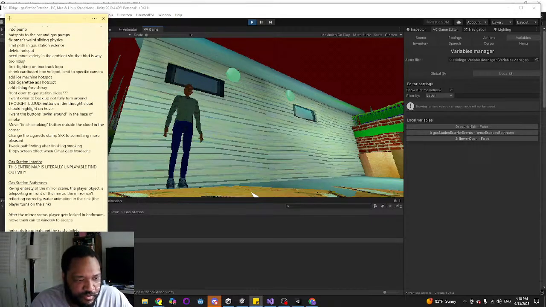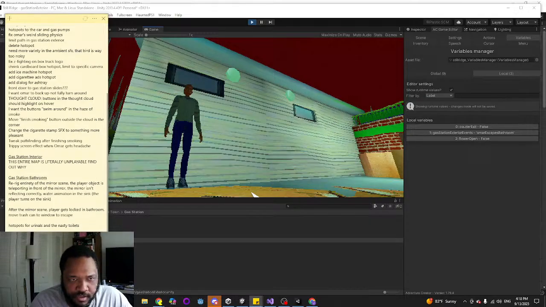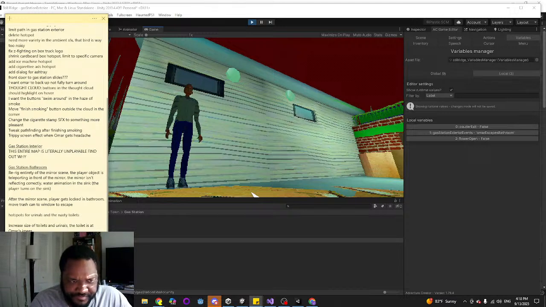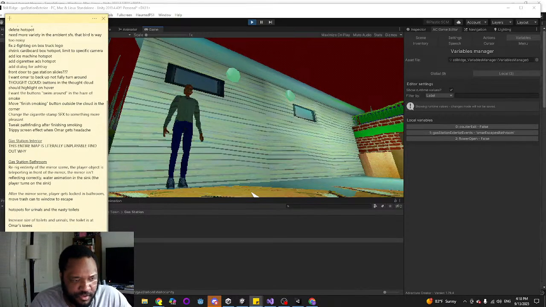Fix window escape animation. Fix lighter animation. The animation plays twice. Add some kind of pulsating effect to the barbed wire. Add some creepy ambient music.